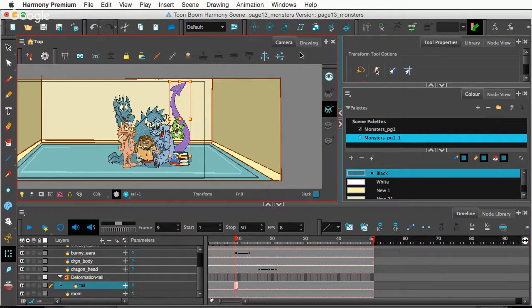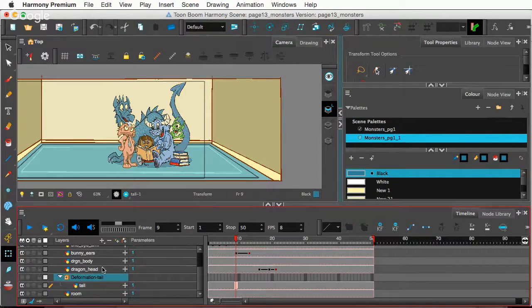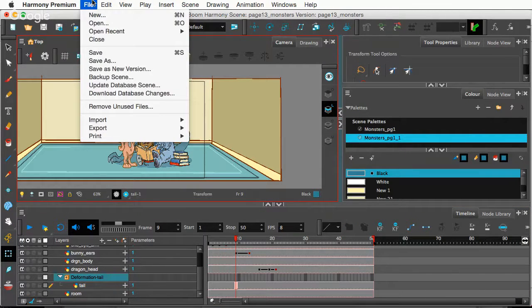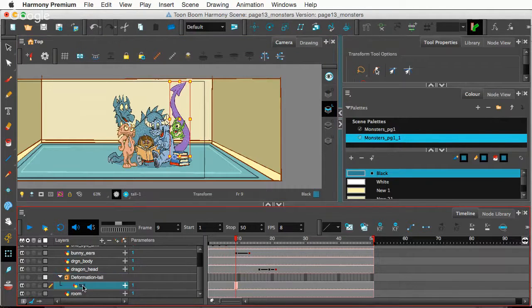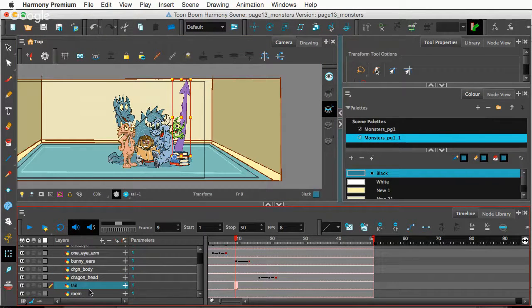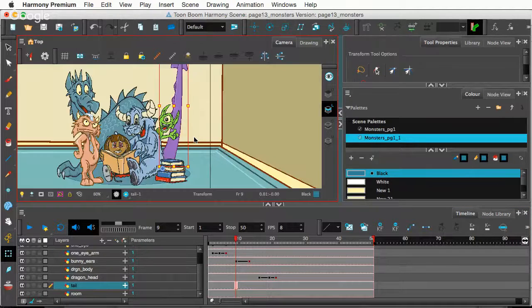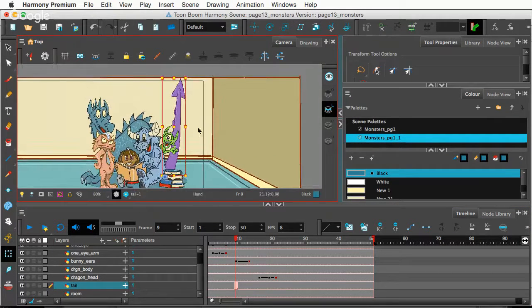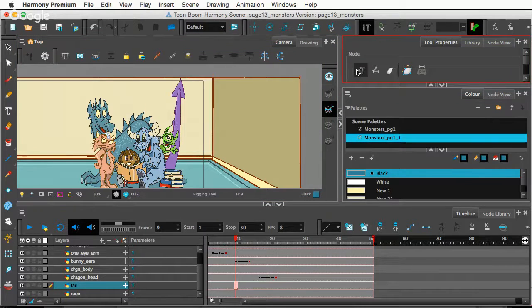So let's do something real quick. I am going to see if I can smooth the tail up here. Get rid of that deformation real quick. I've made sure my pivot point is right at the base. I'm going to go up to my rigging tool. This is in Harmony Premium. Now in Harmony Premium, I can have the mode set to the deformation or the rigging mode, set to